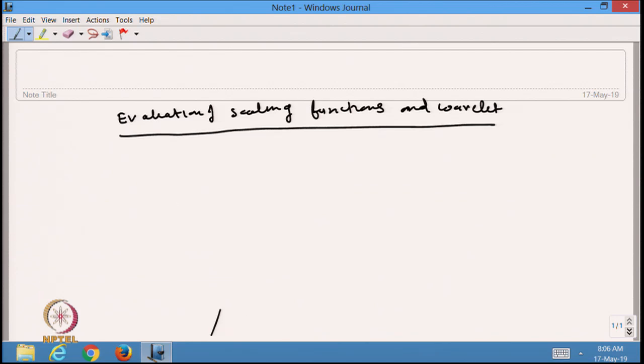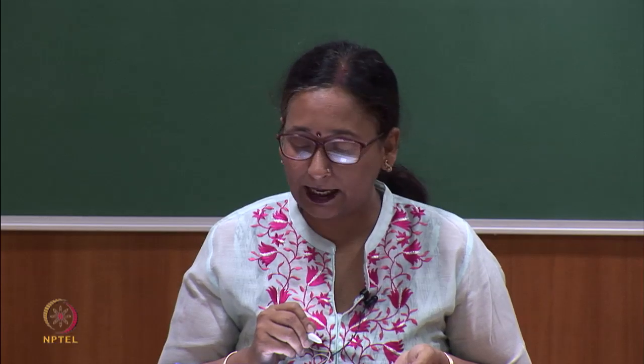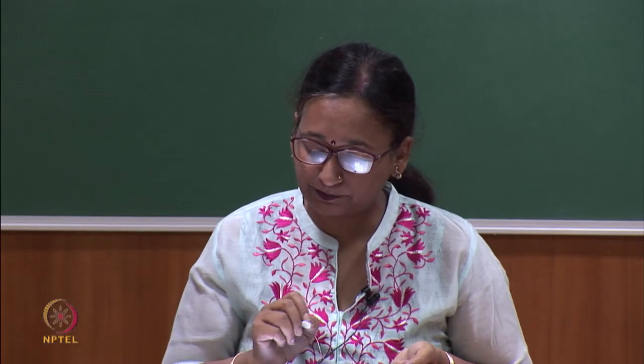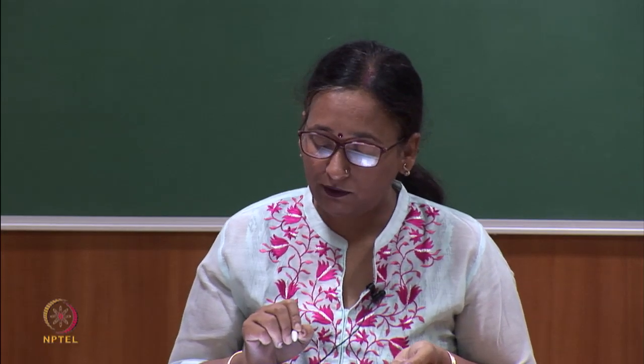As we have seen, with the help of MRA, phi x can be written in the following way. Phi, which is unknown, appears in the left hand side as well as in the right hand side. That is why we have to devise specific algorithms to compute it. In the last lecture I stated 3 methods to compute this phi.